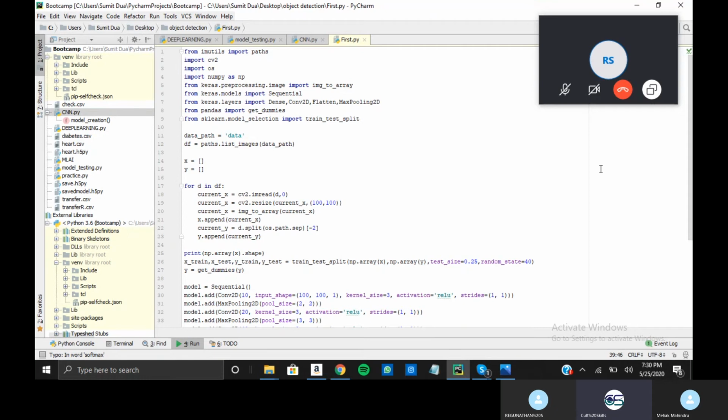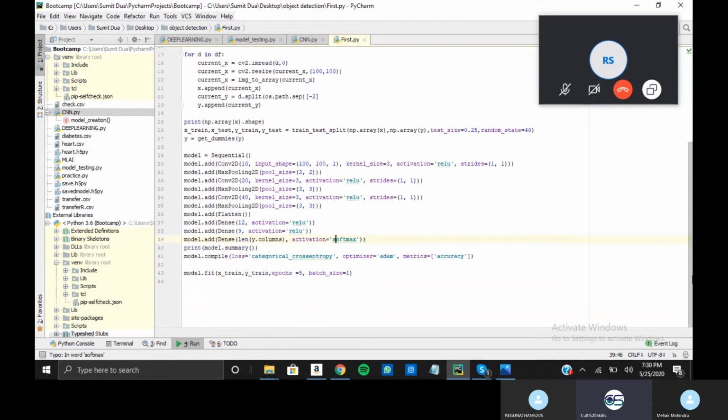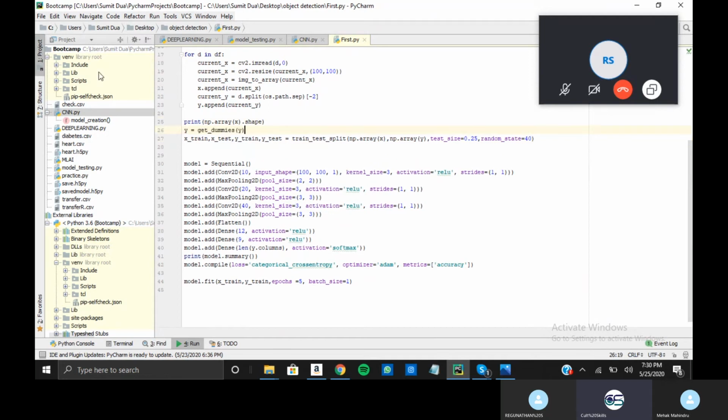Okay, and the next part, Mehak. Right. See, that's what I was saying, that your X_train and Y_train are created before get_dummies. I need to check it from the previous screenshot itself, but I missed. Just swap the line, yeah. Swap this line and the above. Then now your Y_train and Y_test are coming from the get_dummied Y.